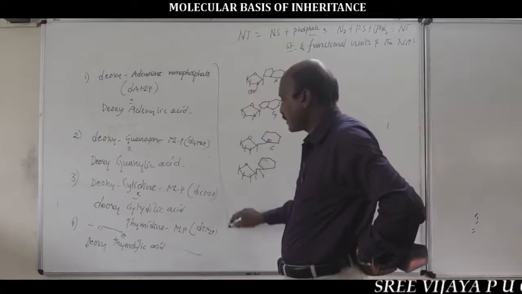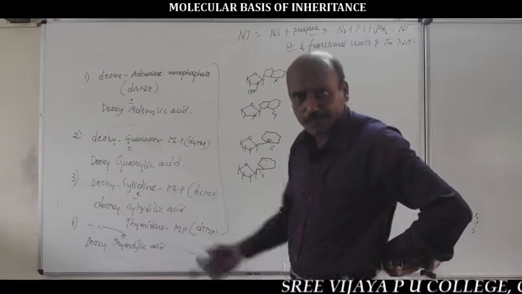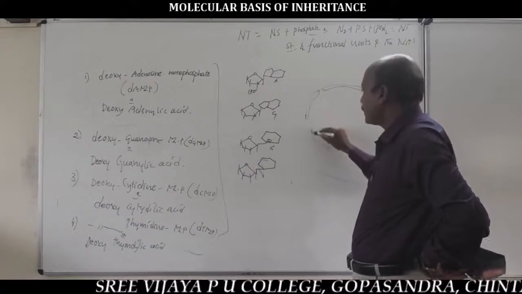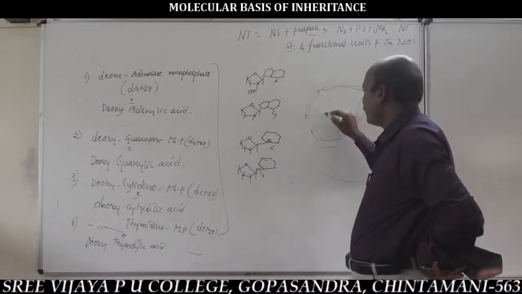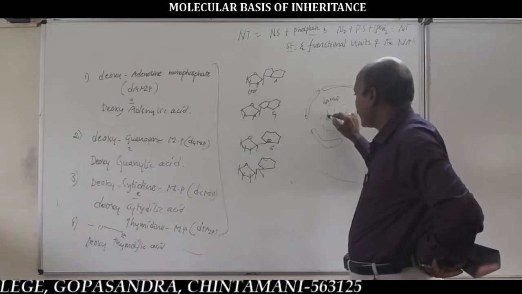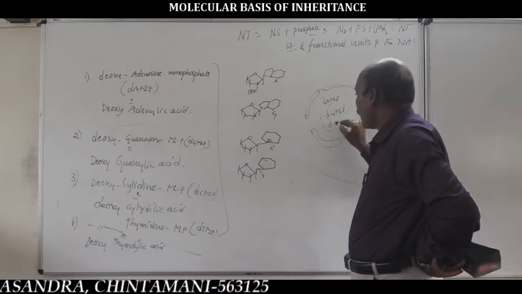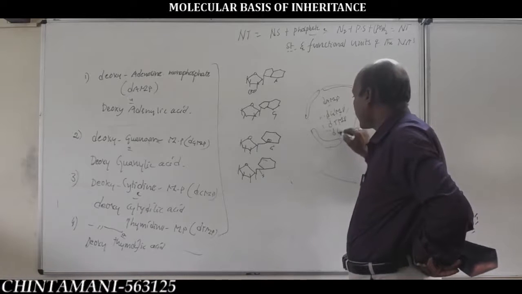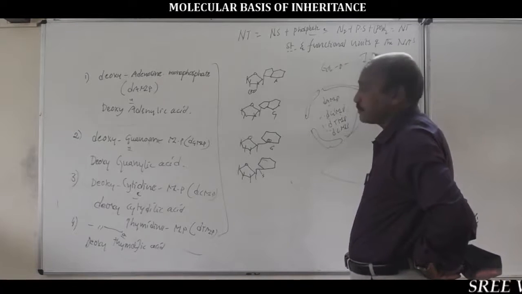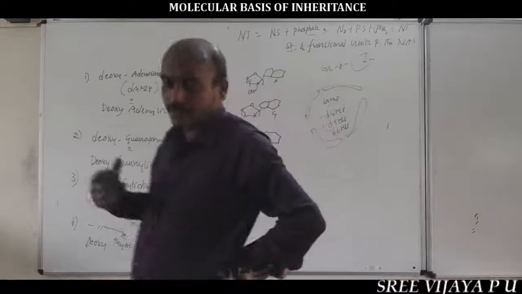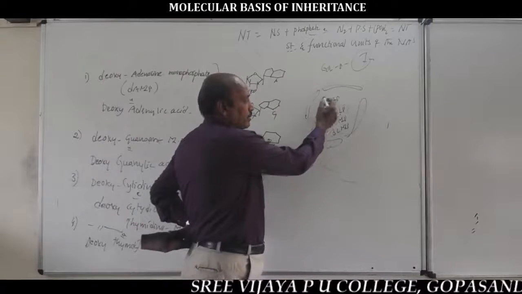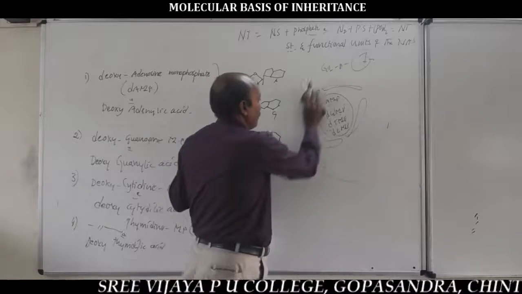All four different types of DNA nucleotides are synthesized in the interphase, in the G1 phase of the cell cycle. Within the nucleoplasm of the cell, all these raw materials will be ready for DNA replication, the semi-conservative method of DNA replication. Listen here, these are all the four different types of DNA nucleotides.